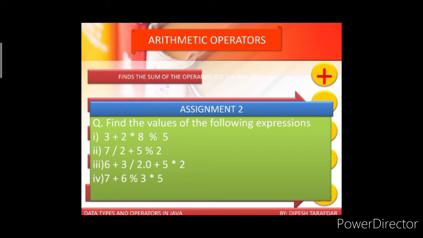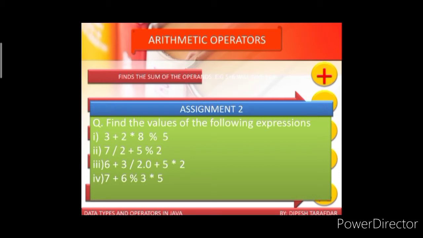One more thing that you should keep in mind is the priority of these operators, which is also called the precedence of operators. Plus and minus have the same precedence, that means they have the same priority, and slash, asterisk and modulus have the same priority, which is greater than plus and minus. So if an expression contains a plus, minus as well as an asterisk, the asterisk will be evaluated first and then plus and minus. Now if an expression contains both asterisk and modulus, which have the same priority, which one will be evaluated? In such a case, we follow associativity, which is from left to right.